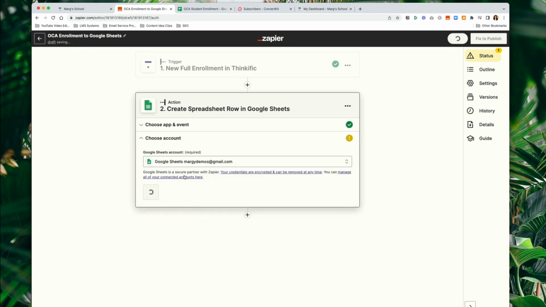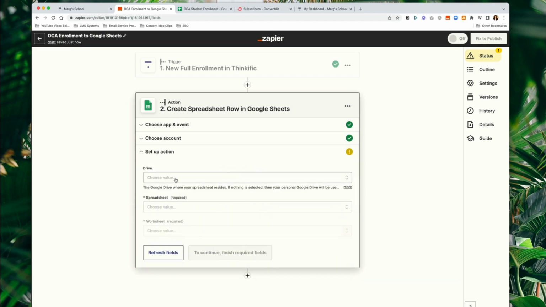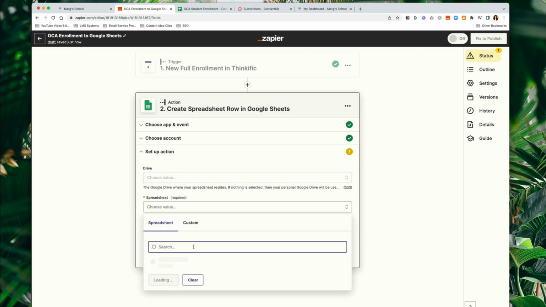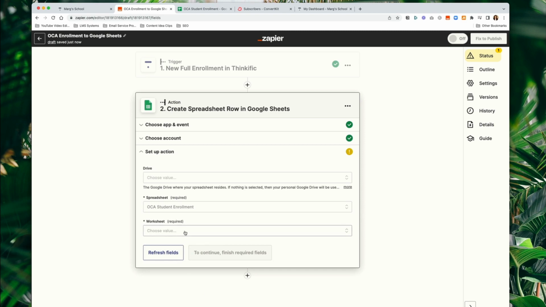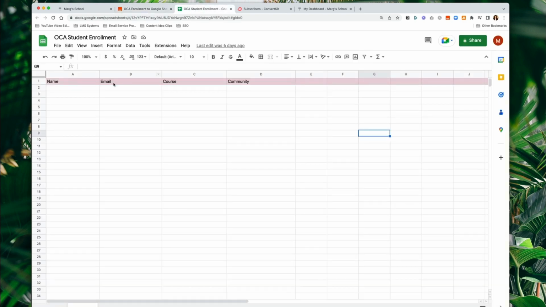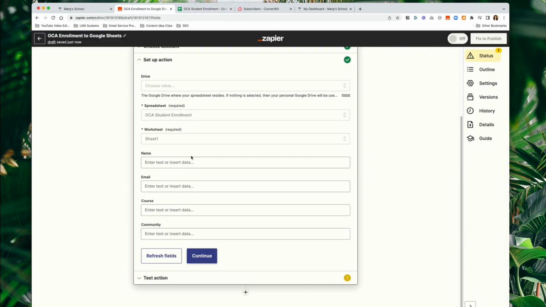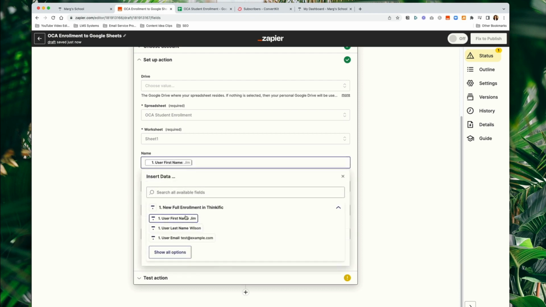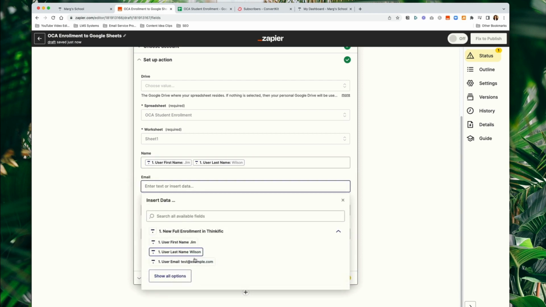Account. Select our drive, and it's the student enrollment. So now what it's going to pull up is our column headers. So we go over here, we've got name, email, course, community as our column headers, and then automatically Zapier is going to try to ask us what information do we want to map to those columns. So we have first name, and you can add multiple fields in here too, because the column we just have name, but Thinkific brings in first and last name. So we're going to have to do first name space and then pop in last name, email,